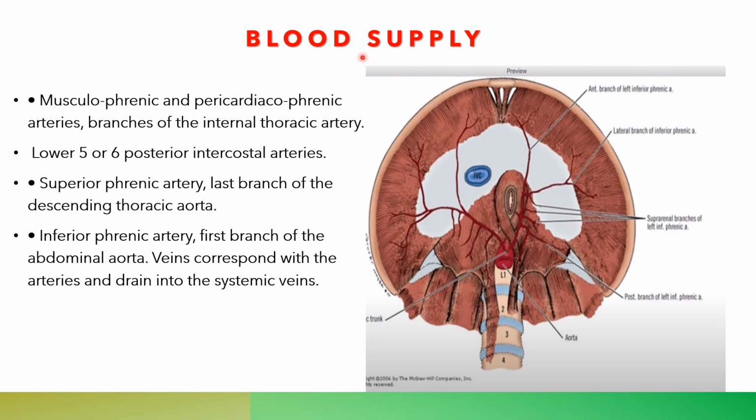Before going into the blood supply of the diaphragm, let me ask you questions. Roll number 41 Saurabh, roll number 84 Radhika, Srija, I don't know your roll number, and Vaishnavi, roll number 167. Tomorrow you have to tell me the nerve supply of the diaphragm, record your answer and send it to me tomorrow. Okay, now let us discuss the blood supply.